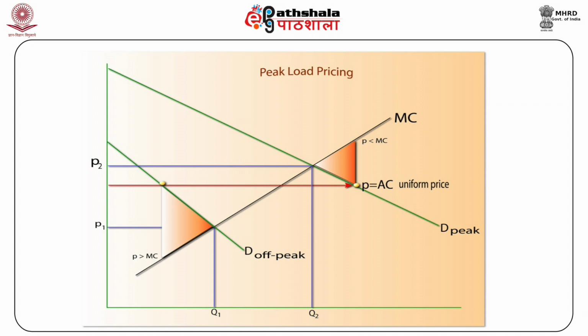The second condition is that the identification of different market segments with different elasticity of demand should be possible. This would help the producer gauge at least approximately the maximum amount different consumers are willing to pay for each unit of output. The third condition is that it should be possible to keep the different market segments separate and